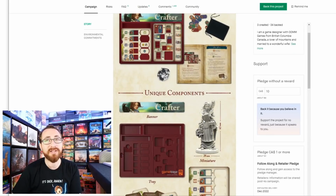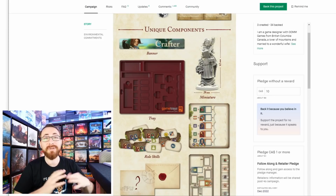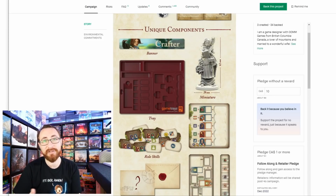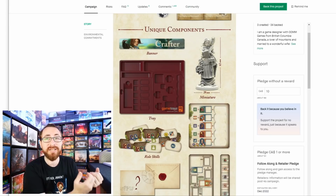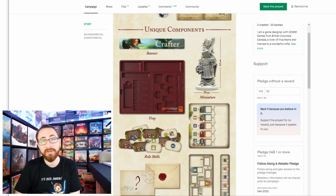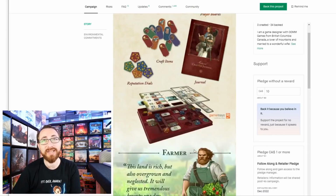So depending on how complex those characters get, at least right now so far, they fall more in the Merchant's Cove genre of being asymmetric, being different, but not being excessively different, not being excessively challenging. They have an input and an output, and that moves on. The input is the actions you take, the output is the money you generate, so that you can put it towards the resources the town will need, so you can put it towards the buildings you want to build, so that your characters can get better, so that you can continue the cycle of building out the town of...